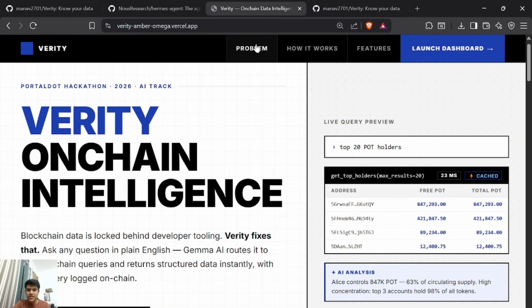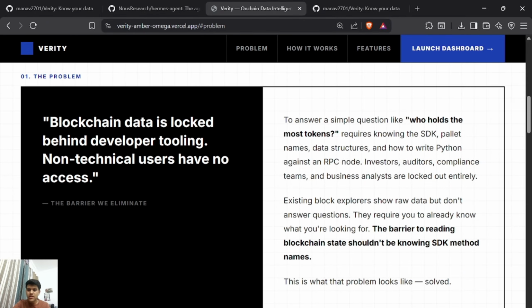So what is the problem mainly? If you want to query blockchain data today, you need to learn complex SDK syntax. Sometimes you need to write boilerplate code for every single command. You need to manually connect your WebSocket endpoints. This is something that I faced myself as well, especially on every newer blockchain, and Portaldot is a newer blockchain as well. So if anyone from outside wants to access the blockchain data, since it's a transparent system, it's very difficult for someone, especially non-technical, or even if technical, to analyze the data on chain.